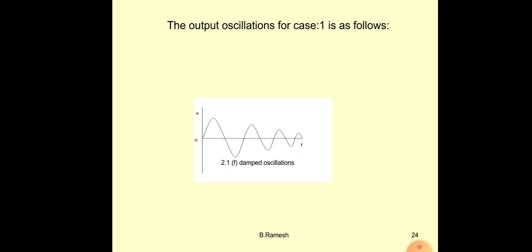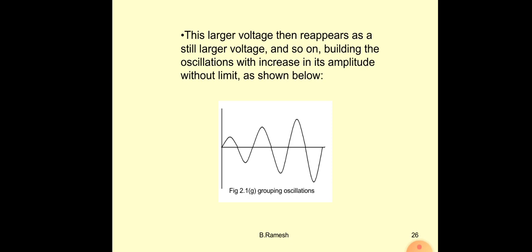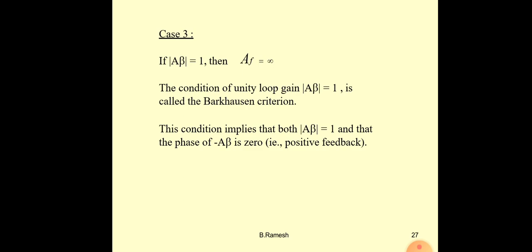So this is the damping oscillation. This is called an underdamping signal. And case 2, if A beta is greater than 1, that is called an overdamping signal. So with respect to time, the signal amplitude increases. And case 3, very important, to get the sustained sine signal, we must make A beta equal to